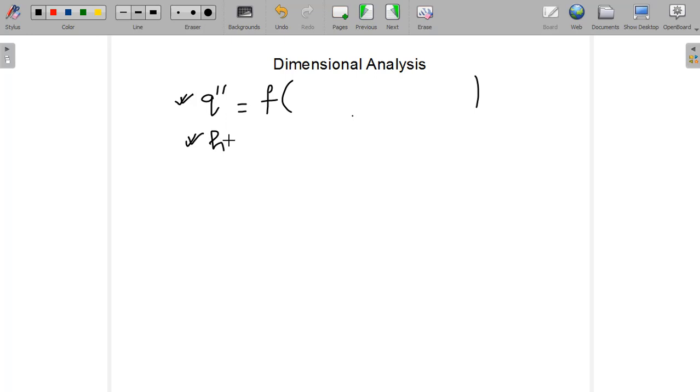Okay, so let us first find out on which factors this depends. To find that, let us first understand how the heat transfer phenomenon is taking place. Let us consider this is the flat plate.